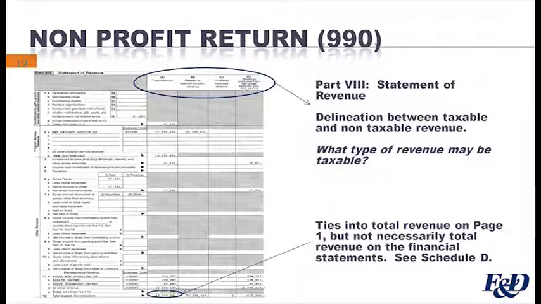Here on the statement of revenue, you can see that the particular nonprofit organization does not receive a significant amount of contributions or grants as would be reported in that top section. Any fundraising events held by a nonprofit organization would also be reported on Section 1. You can read through in detail here. However, the total revenue number reported on line 12 is what gets carried forward and what should tie to your